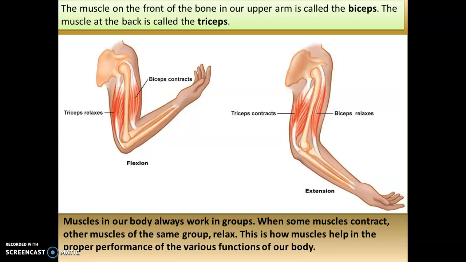So muscles in our body always work in a group. When some muscles contract, the other muscles relax. See here, these muscles are contracting, so these are relaxing. This is how the muscles help in the proper performance